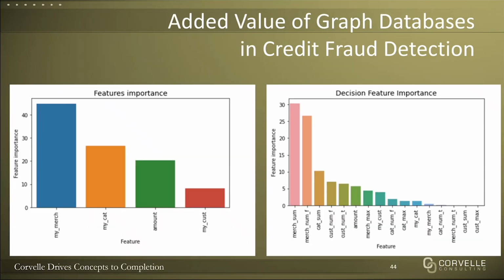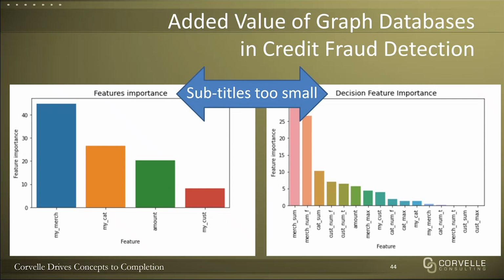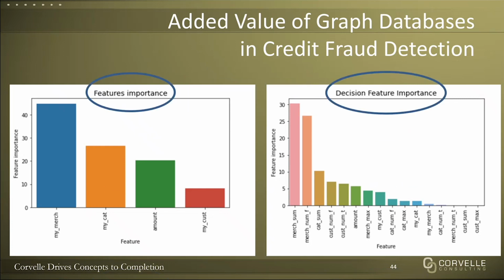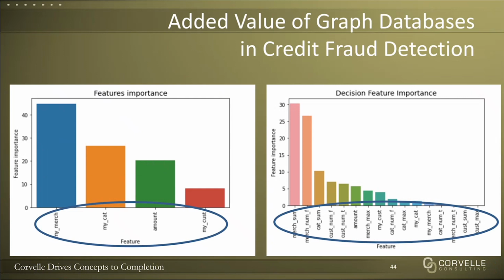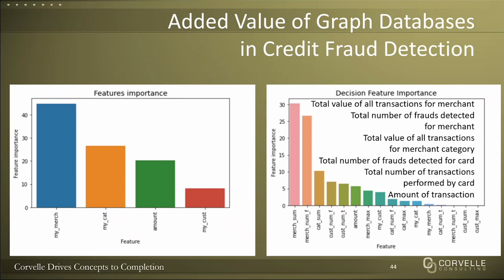So here's a chart about the added value of graph databases in credit fraud detection. So here the subtitles are much too small. It's hard to see what's going on. There's no unit of measure on the y-axis. And these variables have horrible names. Nobody can understand what's going on. It turns out that this is the variable names. If they'd been presented horizontally like this, it would have been a much more effective